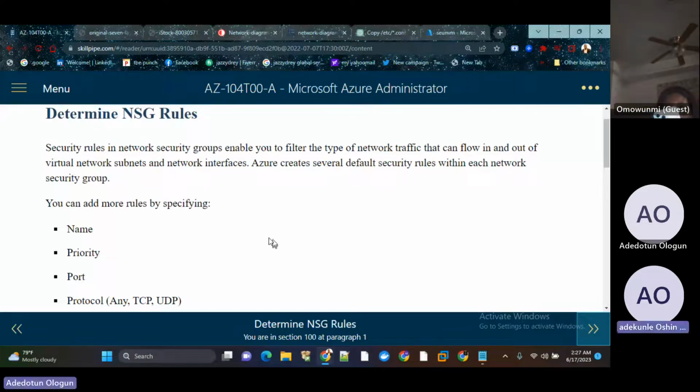NSG rules. Security rules in a network security group enable you to filter the type of network traffic that can flow in and out of a virtual network subnet and network interface. Azure creates several default security rules within each network security group. You can add more rules by specifying